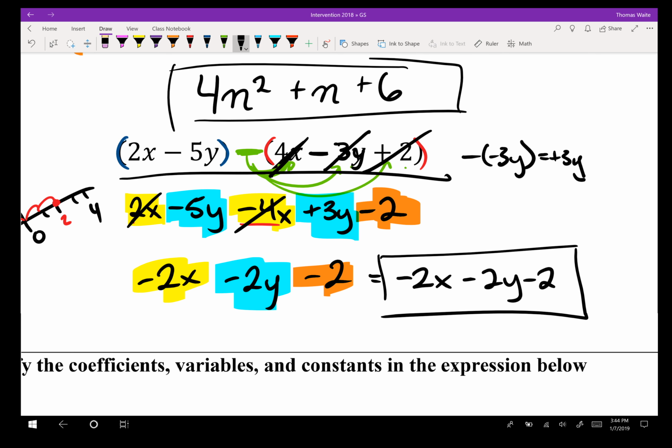Okay. To practice these skills, the first part of the question just asks you to identify the coefficients, variables, and constants, so you might be able to split it up into a table like we did in the example. And then the second question on the back says circle the expressions, and I should be specific there. There are many expressions that are equivalent to 3x minus x plus 5y minus 3. So here's an expression. If I'm looking at that, I think, ooh, I don't know